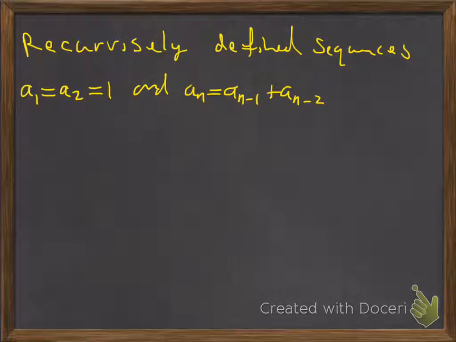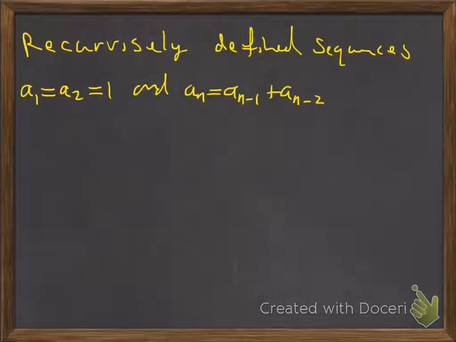Alright, in this video we're going to look at two examples of a recursively defined sequence, and then we're going to go ahead and write out the first 7 terms of this recursively defined sequence. With recursively defined sequences, I need a starting point, or I need to know the first couple of terms of the sequence, and then from that maybe I add the first 2 terms